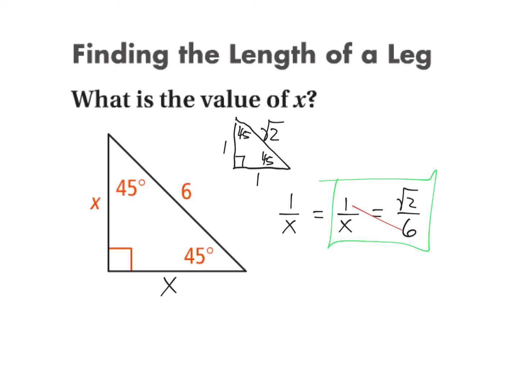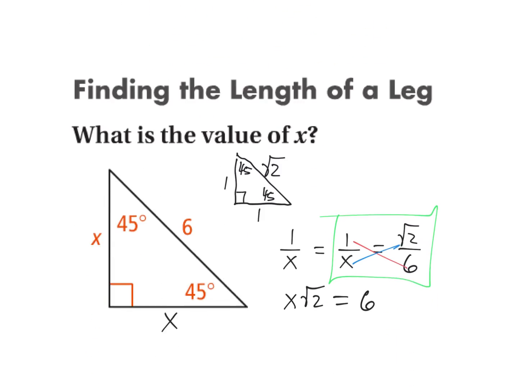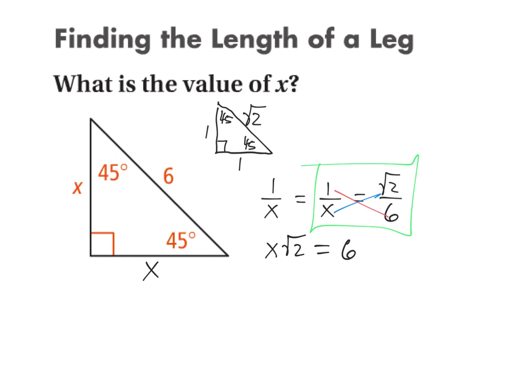And I'm going to cross multiply here. I always like to start with my variable. I always multiply my variable first. So that means I have x times the square root of 2 equals 6 times 1. We are not done. In the last couple of problems, we were always done after that first step. Well, now we're not. We still got to solve for x. So I'm going to divide both sides by the square root of 2. And so this cancels out, and I get x equals